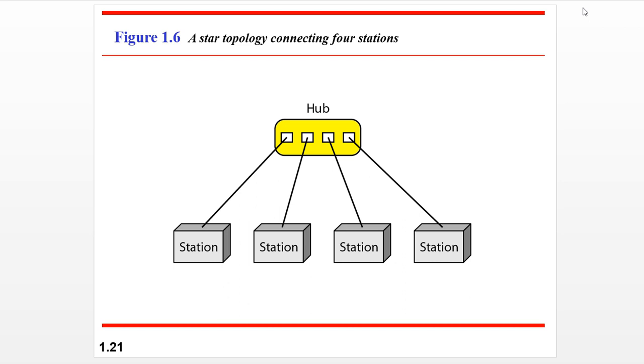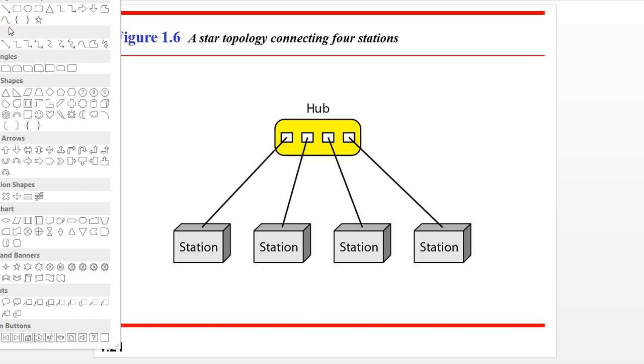Okay. For any information to be communicated to another station, in this diagram you are seeing station number 1. That station has to send the information to the central hub. Now I will represent that. See, here station 1 sends the information to the hub first, then the hub decides to which station the information is transmitted. It will be decided through its physical address. We will discuss addressing later.